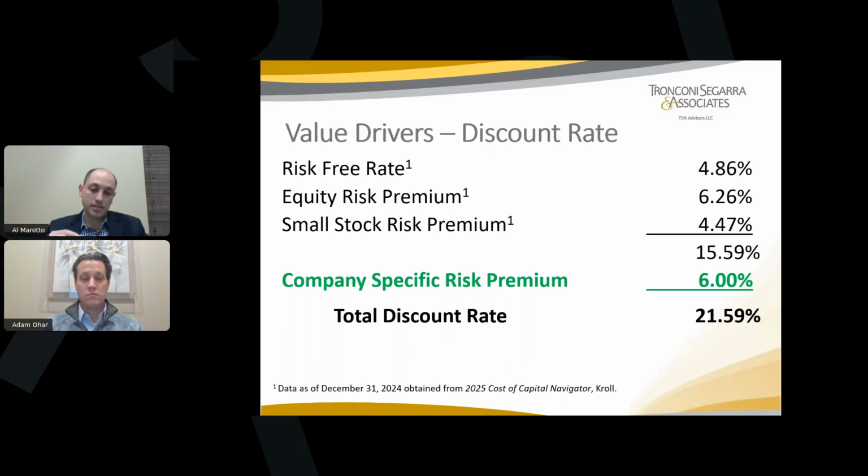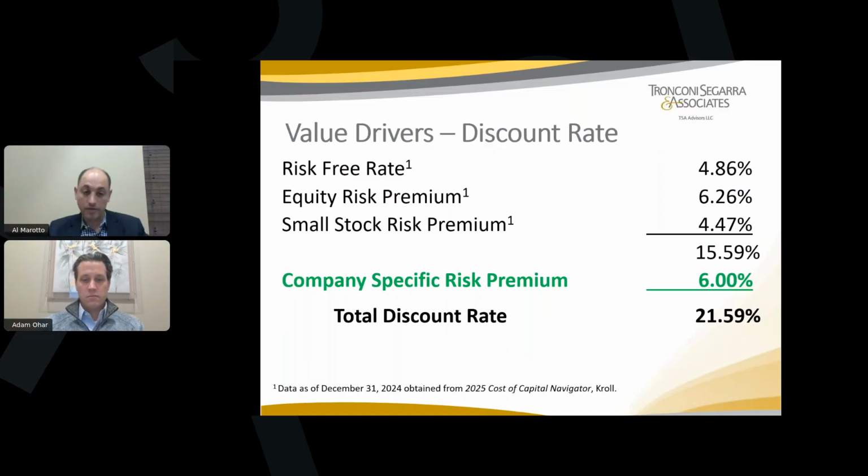The small stock risk premium is similar in theory to the equity risk premium, except this represents all those stocks outside of the S&P 500 basket, all those microcap stocks and small stocks. Those have returned on average 4.4% over that 11% from the S&P 500. So your base level rate of return is 15.6% that I need to get before I even consider investing in your business as a privately held business.